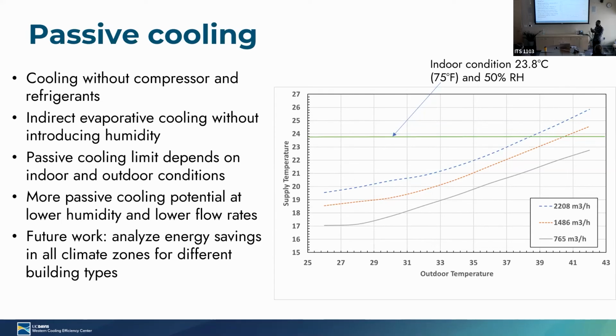So as long as we can supply anything below the existing temperature of the room, we can cool the place. If the current room is at 75 degrees, 23.8 degrees Celsius, and we supply air at anything lower, it can do cooling. I mean, it might take a long time, but the idea will work. So one of the things I thought would be cool to look at is